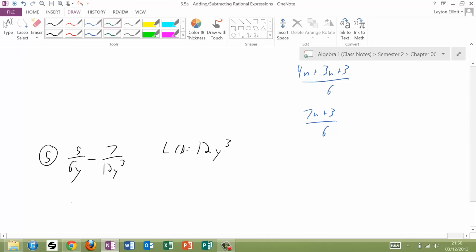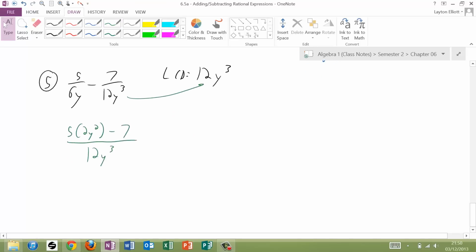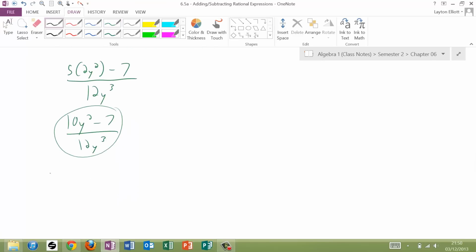So I get 5 times 2y squared minus 7. Really, I don't have to multiply by anything, so I'm just going to leave the 7. I'm going to put it all over the LCD of 12y cubed. And we have 10y squared minus 7 over 12y cubed. That one's done. Finally, number 6, our last one. We have n over n plus 3